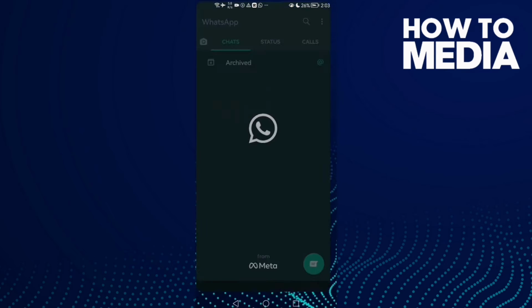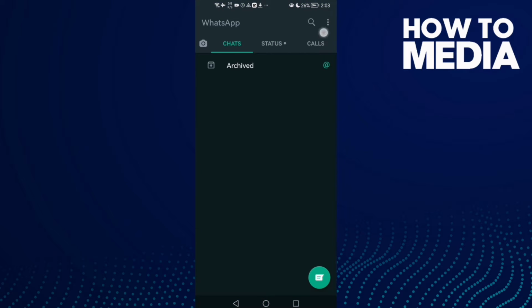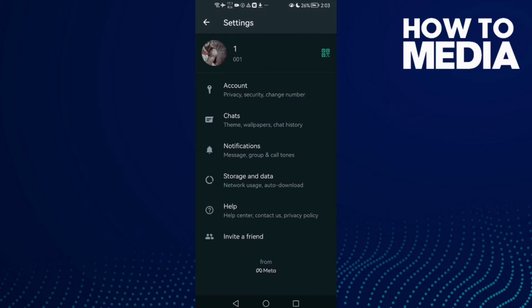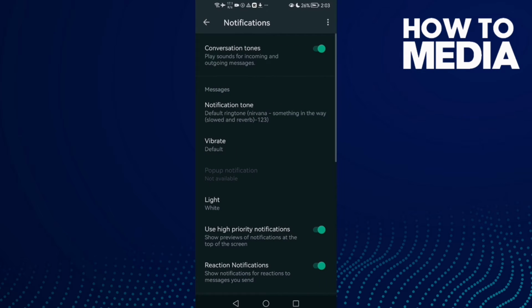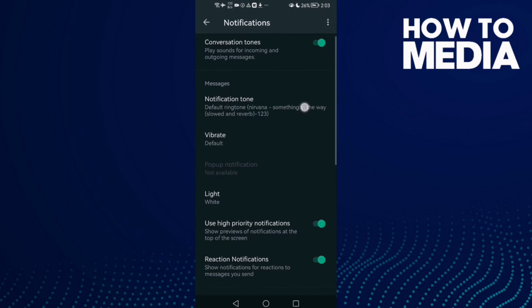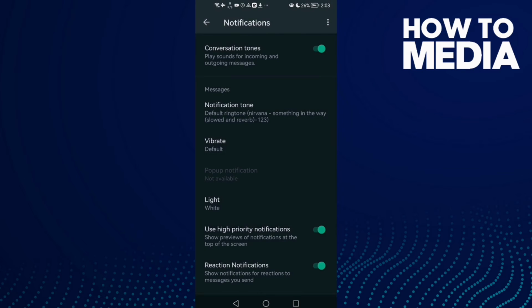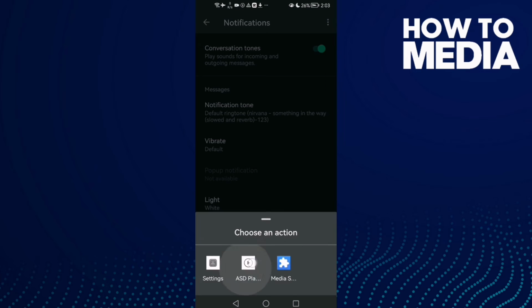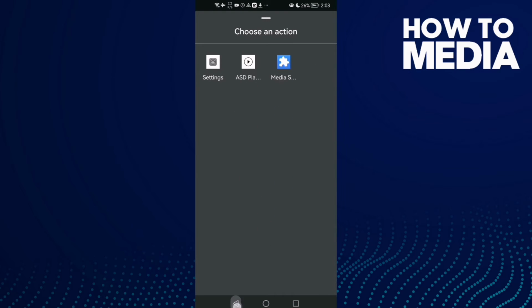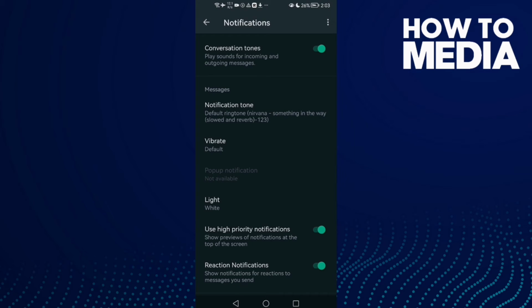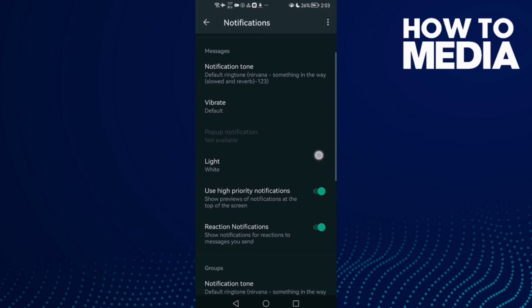First thing, go to WhatsApp. Here you will find these 3 points in the top corner and then click settings, and here you will find notifications, and then just scroll down until you find this one, notifications on. Just click on it, and here you can manage it. Just select here anything you want, and that's it. It's easy. And after you manage it, just go back, it will be saved,